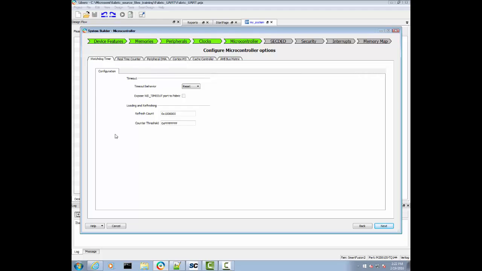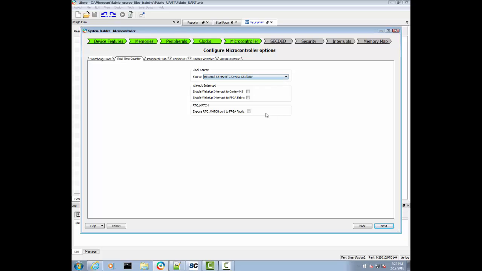Then I have a number of options here that have to do with the microcontroller subsystem. The behavior of the watchdog timer. You can even expose it to the fabric if you wanted to. If we used the block called the real-time counter, it's a block that does calendar functions, so you can do time and capture time and put timestamps on things. You would specify the clock source there. I'm just going to choose the 1 megahertz oscillator